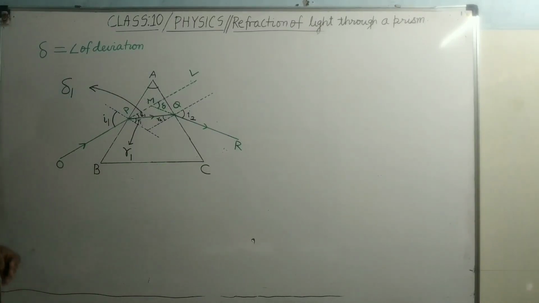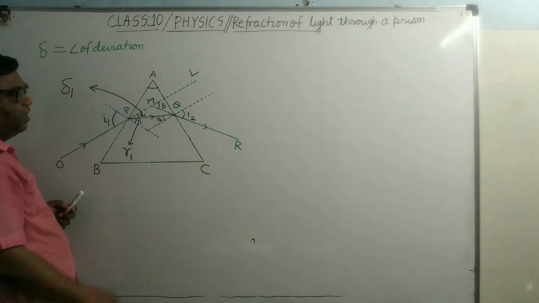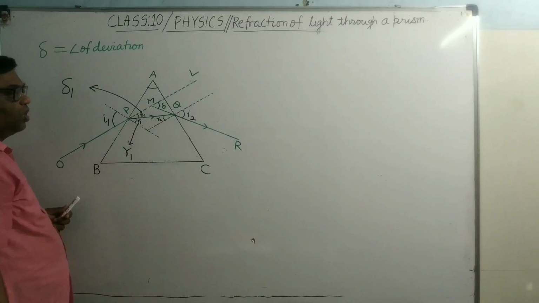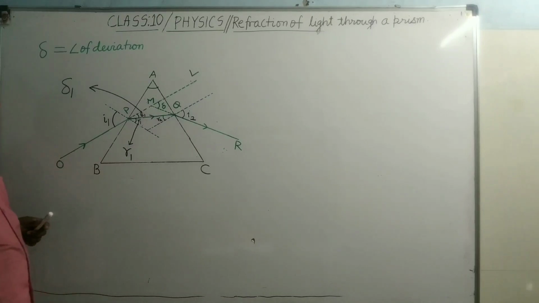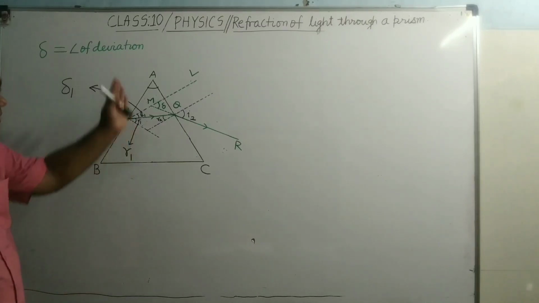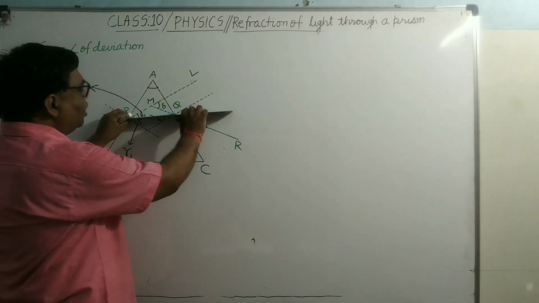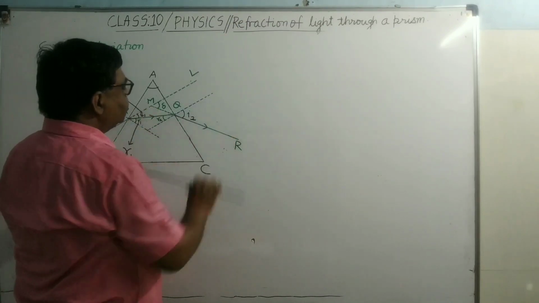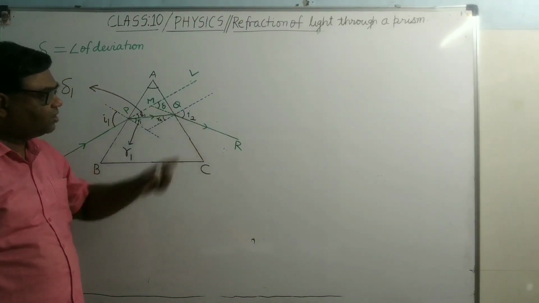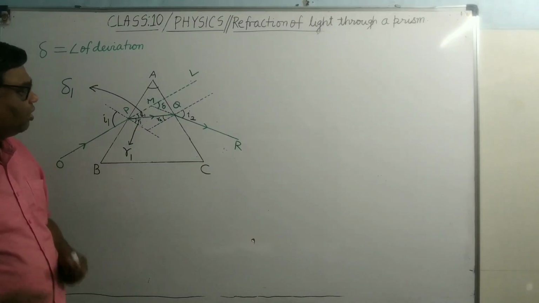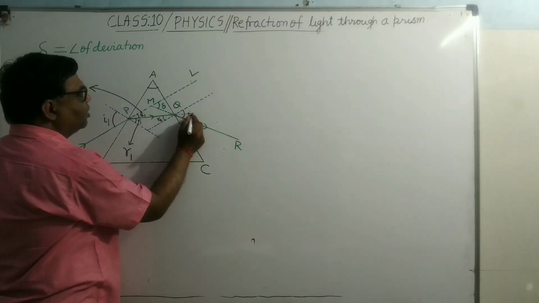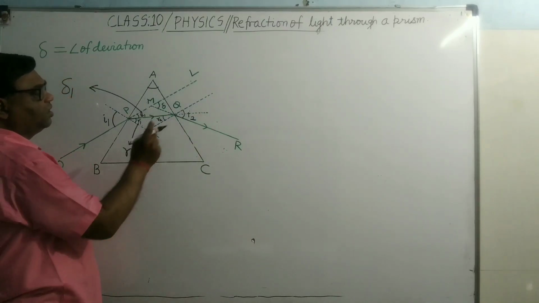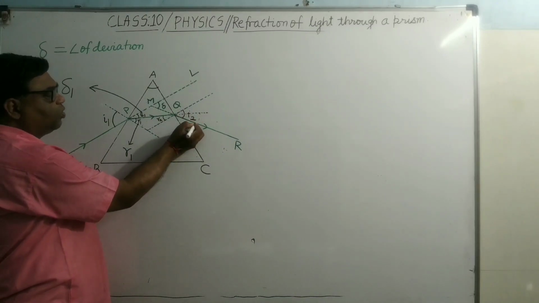It's clear. Now here, what will be on this surface? What is the angle of incidence? R2 on the surface AC. This ray is going from glass to air. What is the angle of incidence? R2. In the absence of this surface AC, it would have gone along this direction. But now it is going in this direction. So how much is the deviation? If we make it here, this is the original direction. So what will be the deviation? Deviation will be equal to this angle.